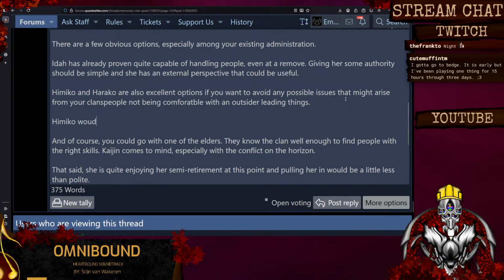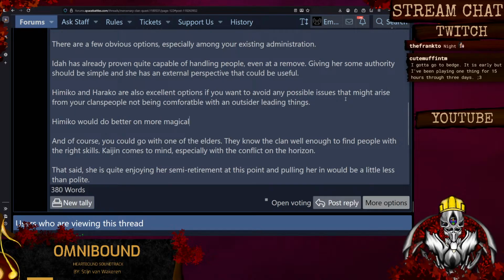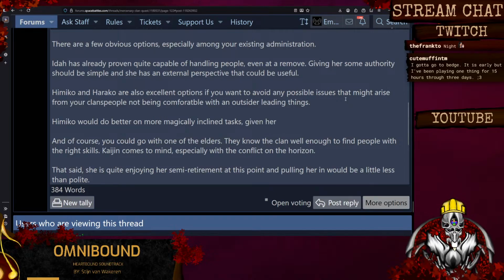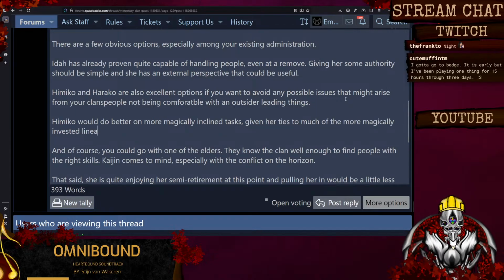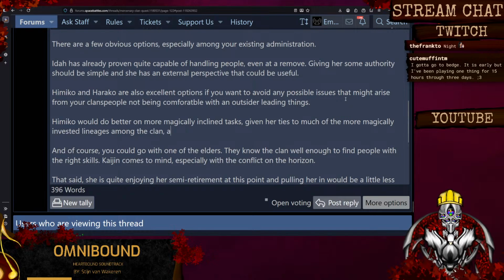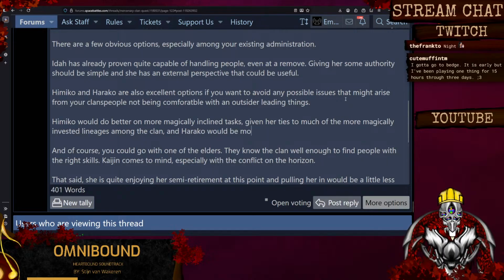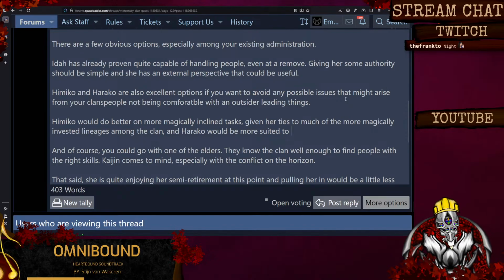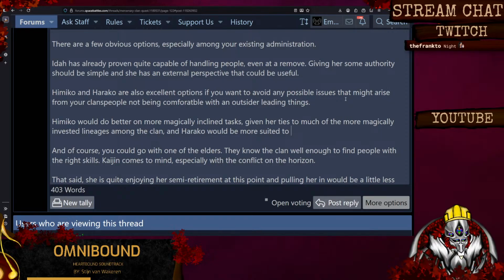Himiko would do better on more magically inclined, given her ties to much of the more magically invested lineages among the clan. And Rako would be more suited to more